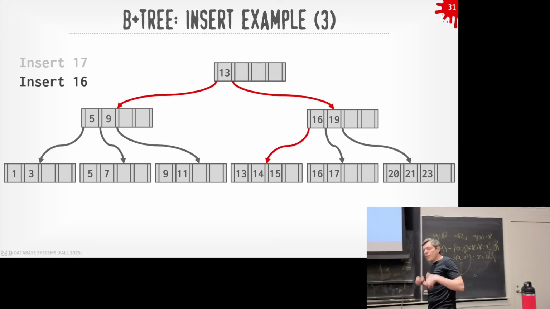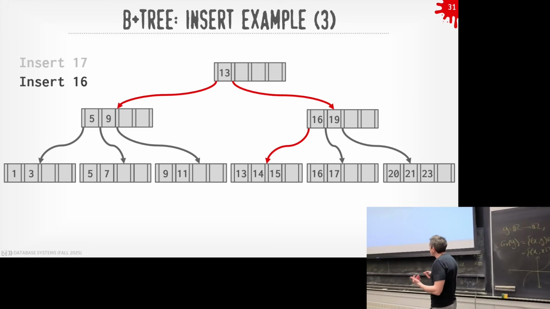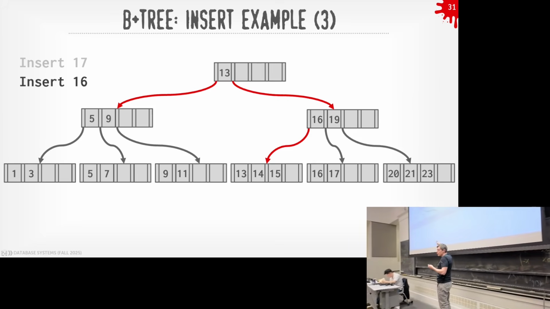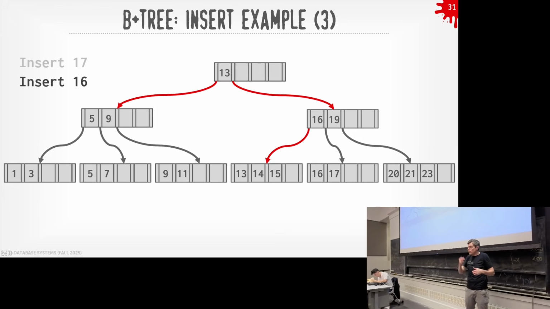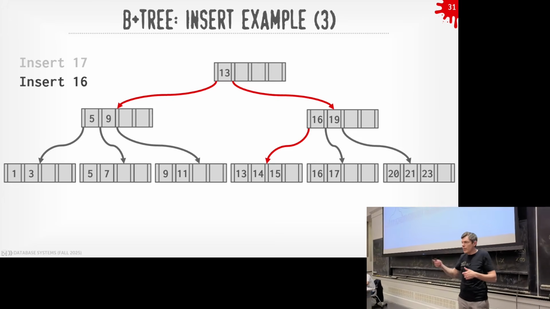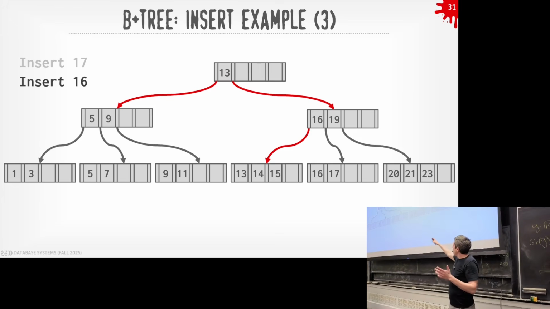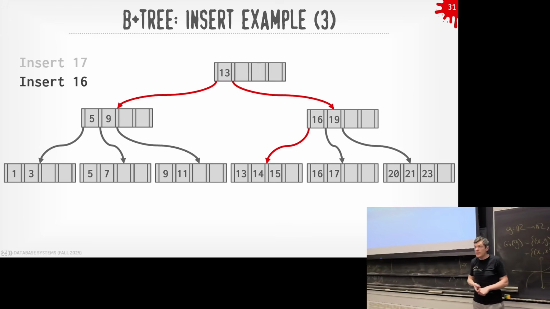And again, since these are all backed by pages, if all the keys on this side of the tree were out on disk and not in our buffer pool, we don't have to bring them in to do anything, because we're just updating pointers to the page IDs for the other parts of the tree. The nice thing about this data structure is that if there are parts of the tree we don't need while we're reorganizing things, they can just sit out on disk and not bother anybody and not take up space.